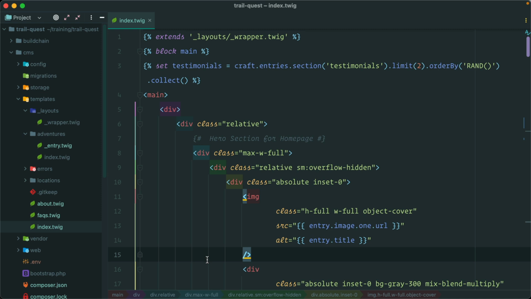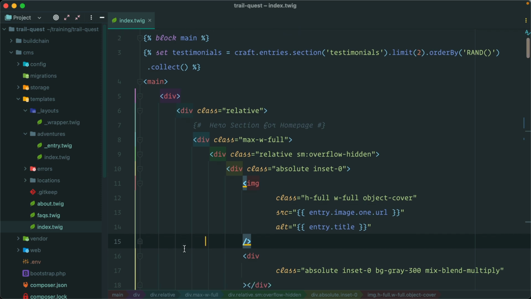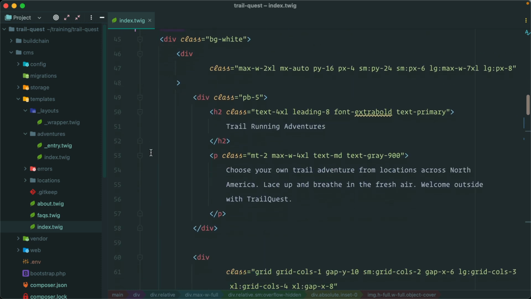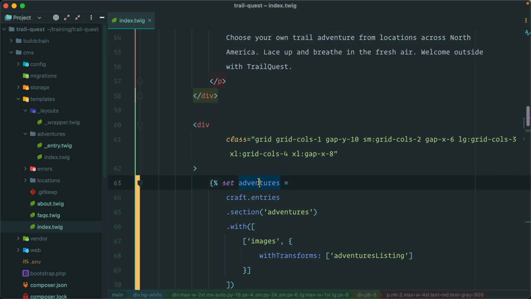So one example is the adventures listing. So if I go down right here, let's see, down to the bottom right here. So we have trail running adventures. We have this little description, and then we're getting our adventures. This is the thing we just worked on with our